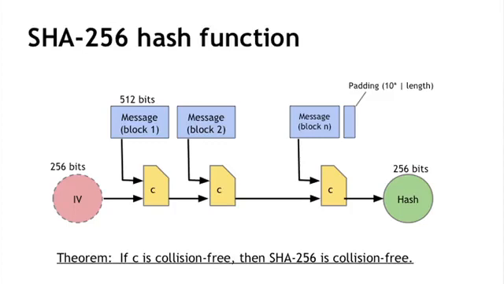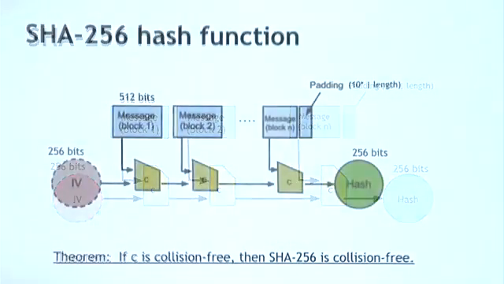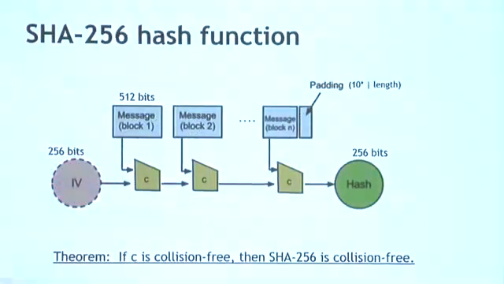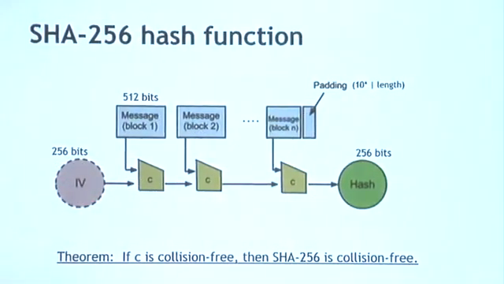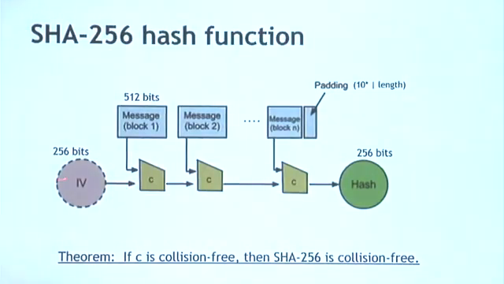So once you've padded the message so that its length is exactly a multiple of the 512-bit block size, you then chop it up into blocks, and you then execute this computation. You start with a 256-bit value called the IV. That's just a number that you look up in a standards document. And then you take the IV and the first block of the message. You take those 768 total bits, and you run them through this special function C, the compression function, and out comes 256 bits. You now take that with the next 512 bits of the message, run it through C again,